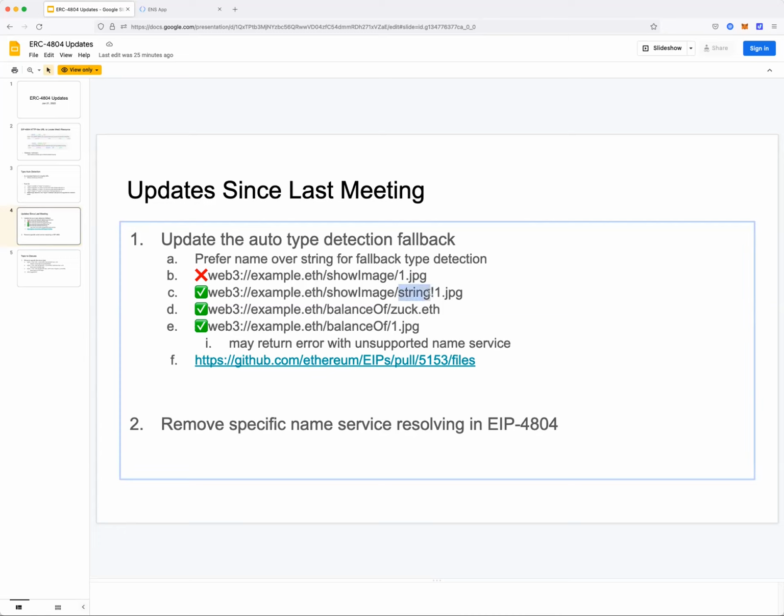And if this is wrong, for example it can be ABC, then it will just return that the user request is wrong. So the explicit type and the auto type detection, the subspace of their arguments should be completely non-overlapping.